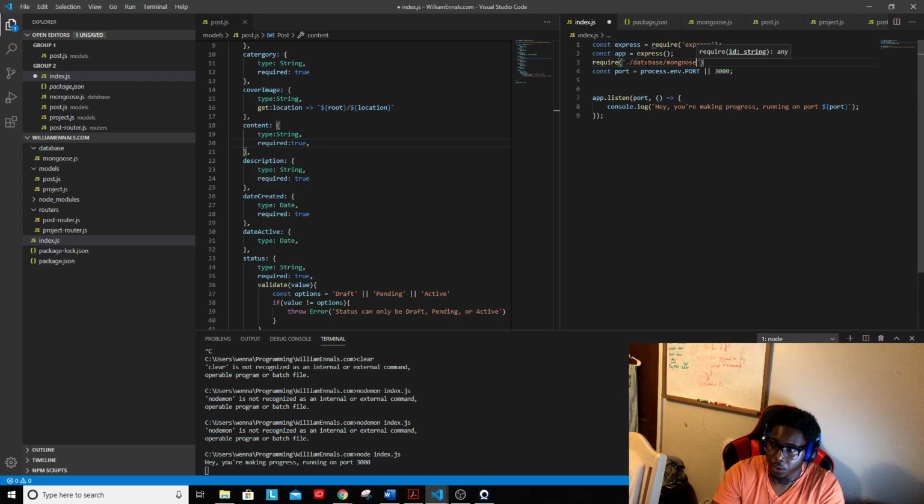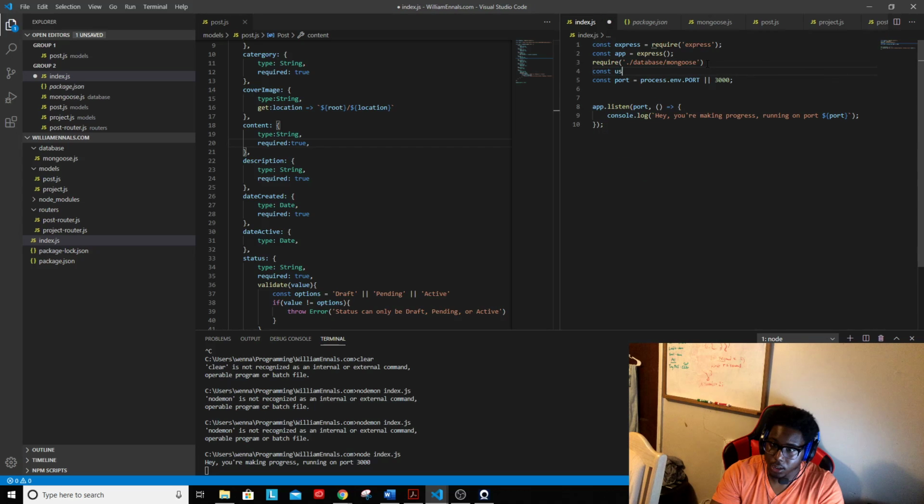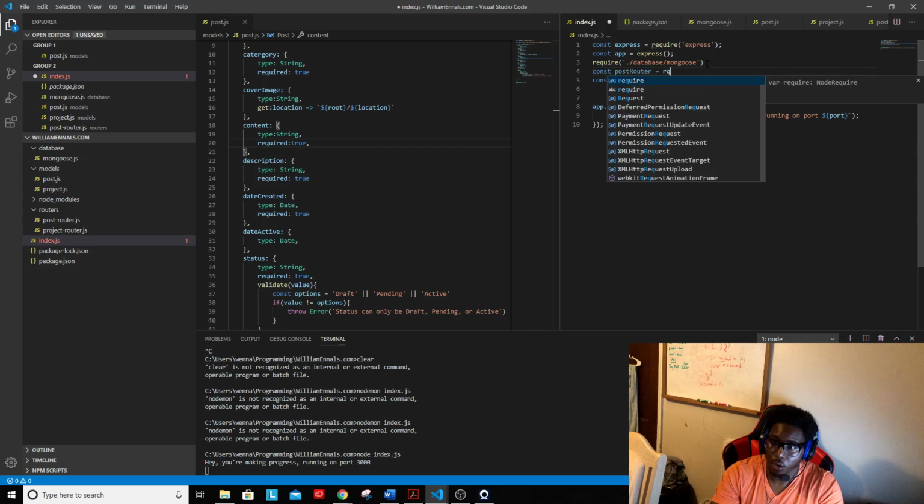Otherwise, how is the database getting activated? There's nothing going on right now, but in a second, now that we have this in here, if I go const post router equals require,